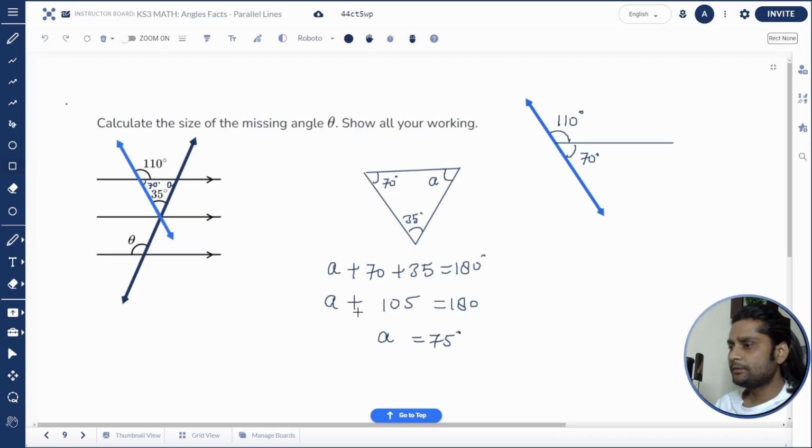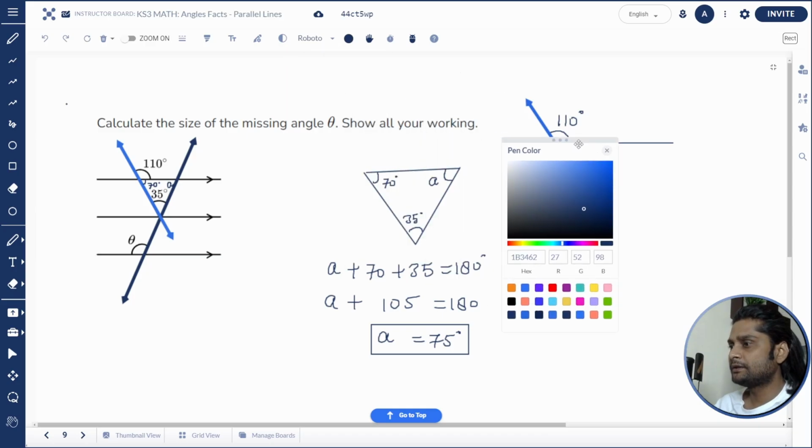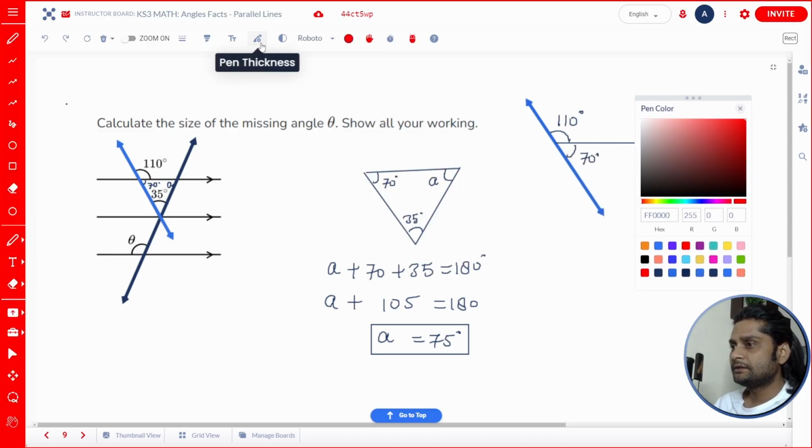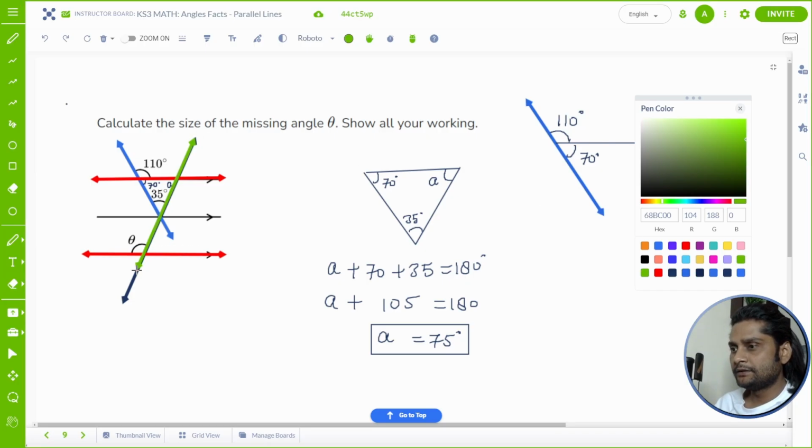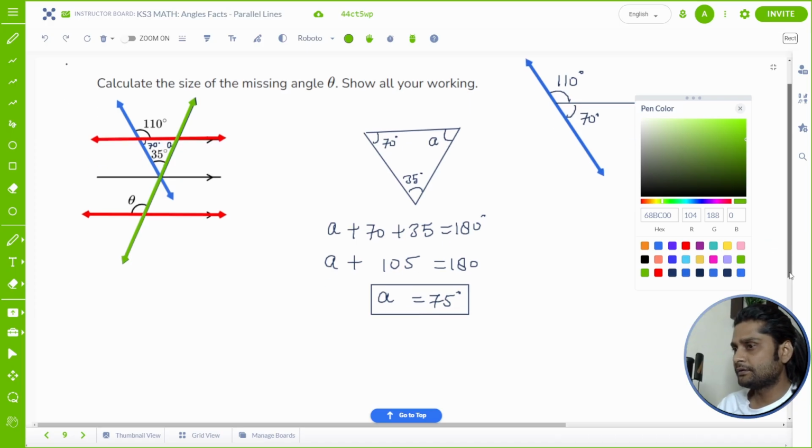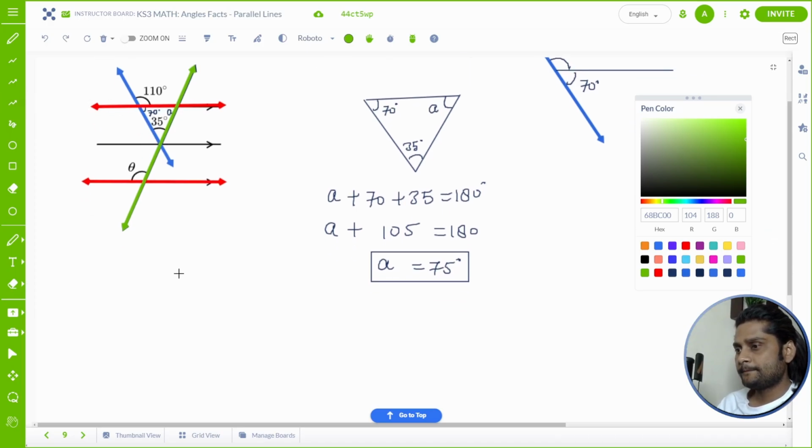Okay, once you got 75, students, now just focus on the two lines. Now just forget about the other lines. I'll now highlight the lines that we need right now. We have another line here. This is my another parallel line, and now I can color the transversal like this. If you notice this situation, students, the green and the red line, we have angle A and theta. If I now extract this diagram outside, let me just scroll down a bit, and we have this